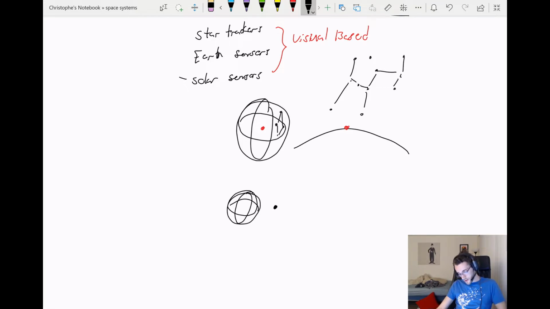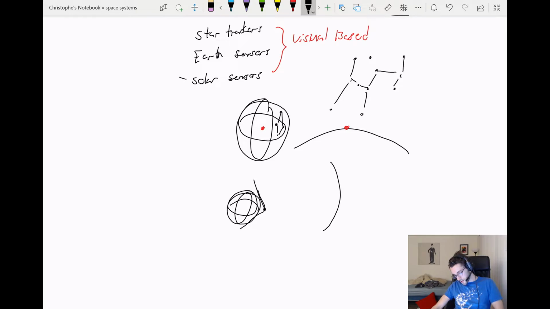Now you might not necessarily see the entire Earth. So let's say you're orbiting from this distance, right? You might only just see a portion of it. So what the Earth sensors are there to do is basically to try and determine where you are relative to your nadir vector. Now what a nadir vector is